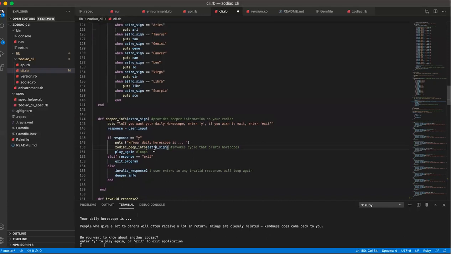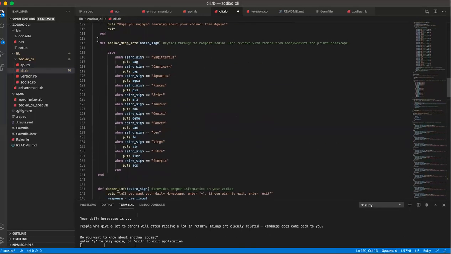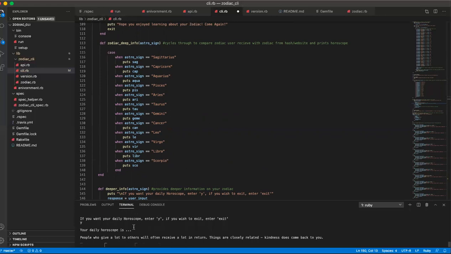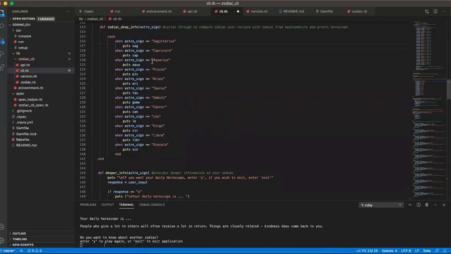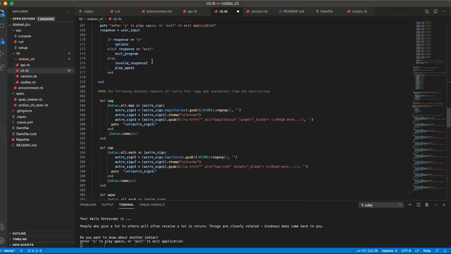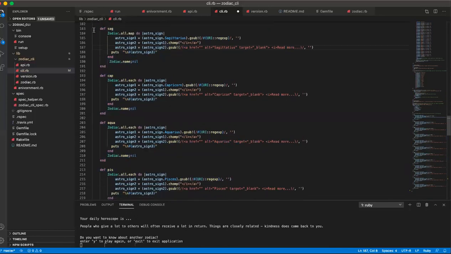Now here, the Zodiac Deep Info is up here. It invokes and goes through a cycle to compare what you have, what your zodiac is. It compares that to this astro sign, and if it fits a comparison, then it will allow it to print another method that I have made, which is these methods down here. These methods down here allow you to